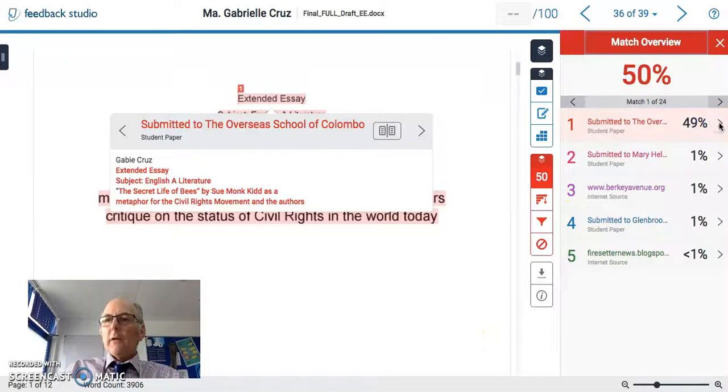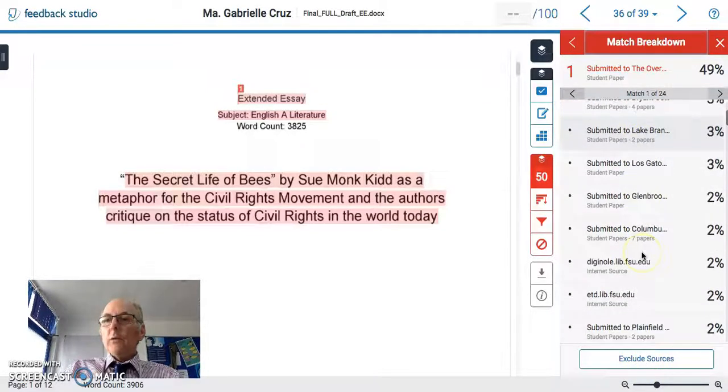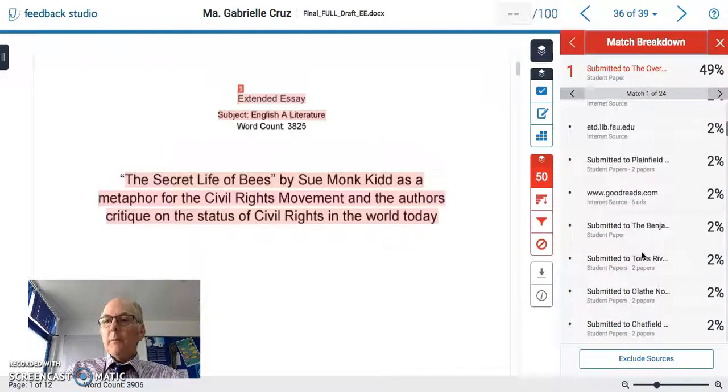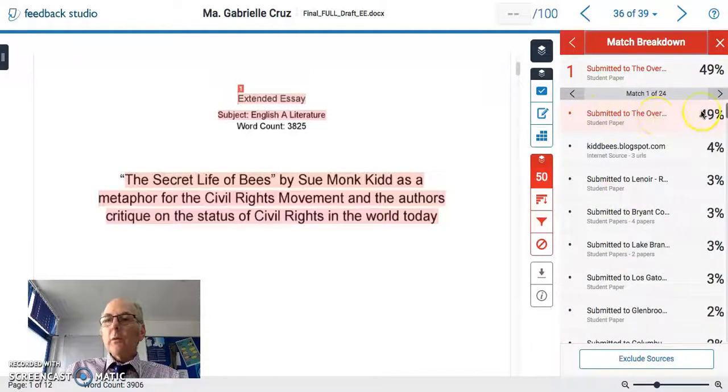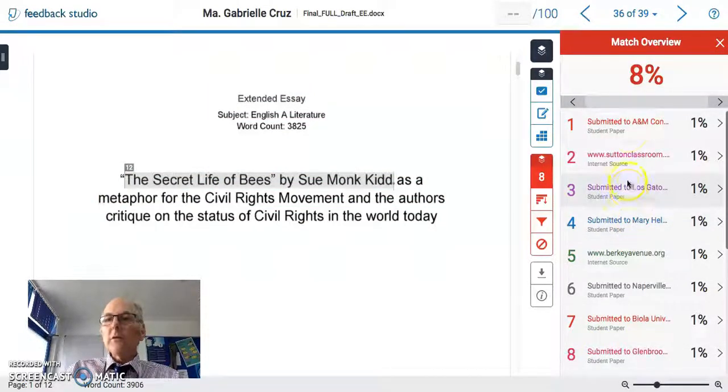If I go ahead and click on this arrow just here to the right, I can exclude any of these sources from the similarity index, and of course this is one which I'm going to want to exclude straight away. Down the bottom here it says exclude sources. Check the box next to the one which you want to exclude, and then click exclude. And you can see now that the similarity index drops to 8% with all of the sources really very small